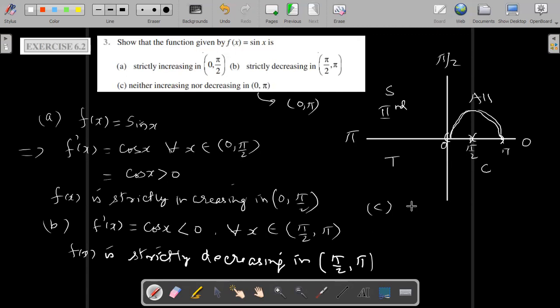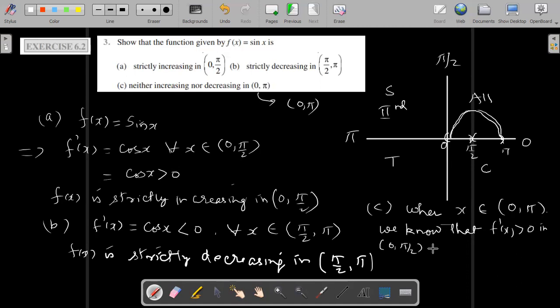We can say that when x belongs to the interval 0 to pi, then, as we have seen, f dash x is positive in the interval 0 to pi by 2, and f dash x is negative